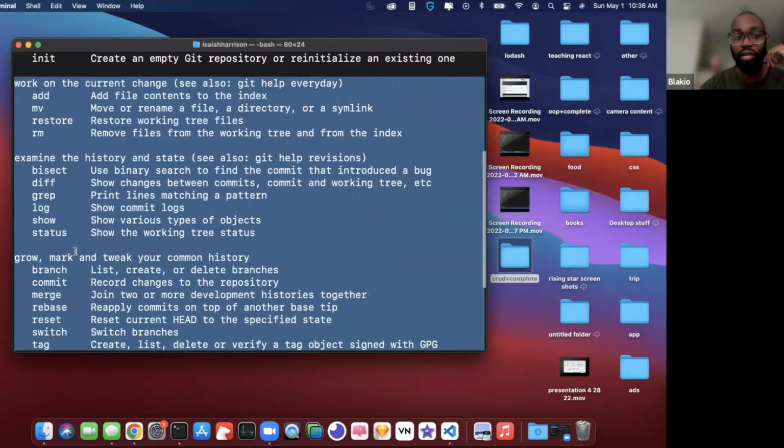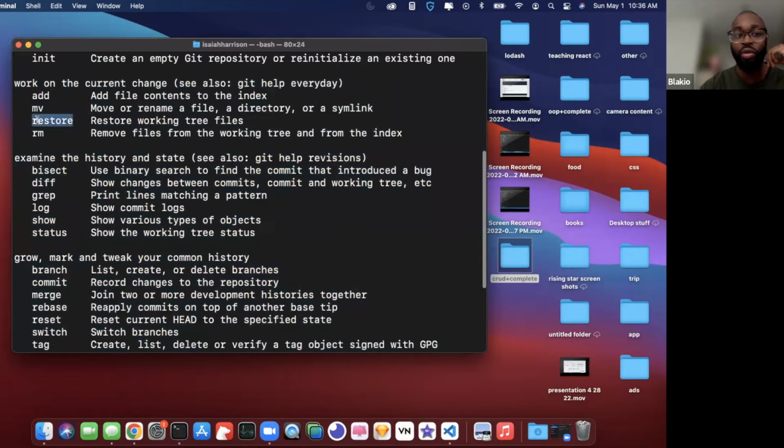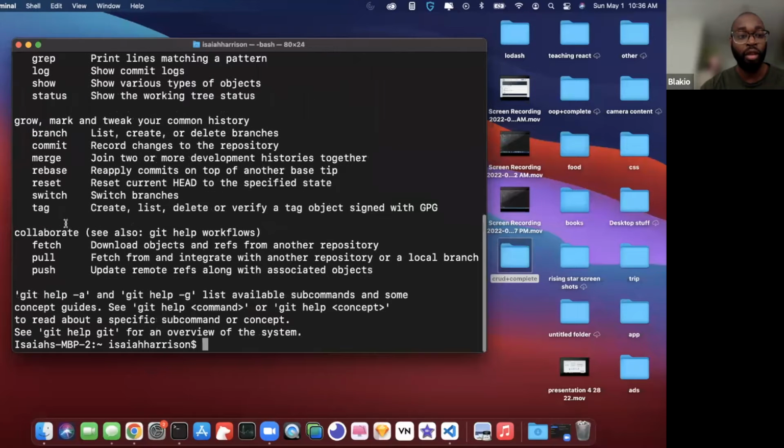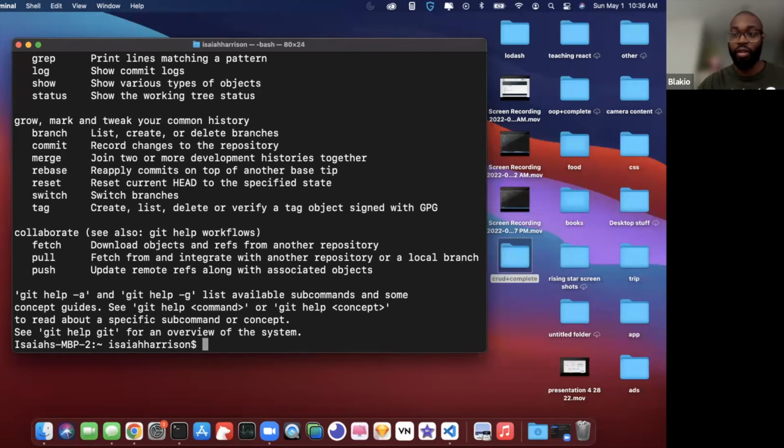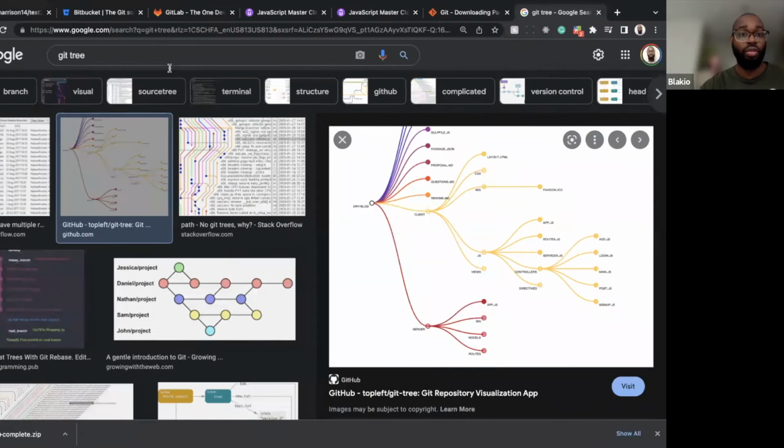Now I'm gonna show y'all some of these commands. These are different commands you can use in your terminal. And it's funny because we actually went over the MV command and the RM command. But these are additional ones that you can use with the git command. I'll show y'all the most common ones, and then I'll show y'all something a little bit more complex, because like I said, this stuff can get really involved. So we have git. Okay, now we can go back to GitHub